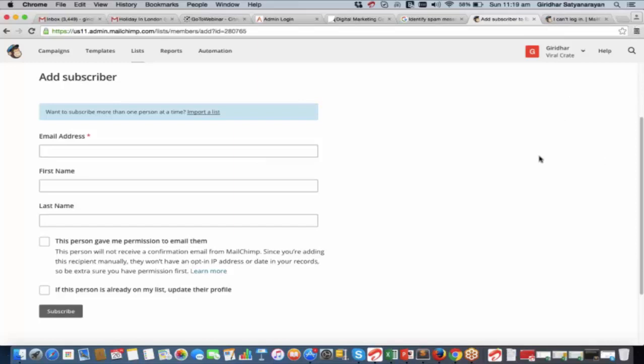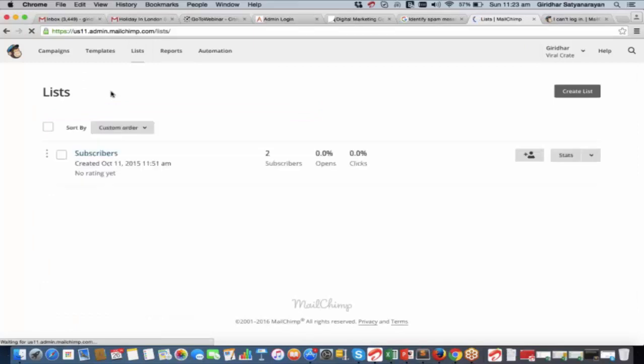Okay, so Sushil is saying just a few more minutes. All right. Okay, I'll give you another 2-3 minutes, guys. Let's do this as early as possible. Okay, so Sushil is saying it is done. Jagdish is saying it is done. Sushil, very simple. If you've created the login, you just go to lists, create a list, and then you add a subscriber. Very simple thing to do. Very, very simple.